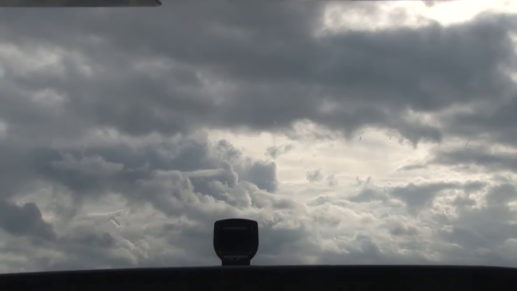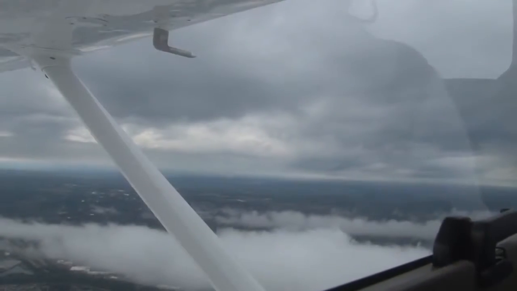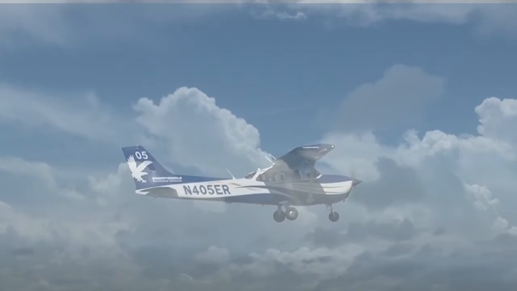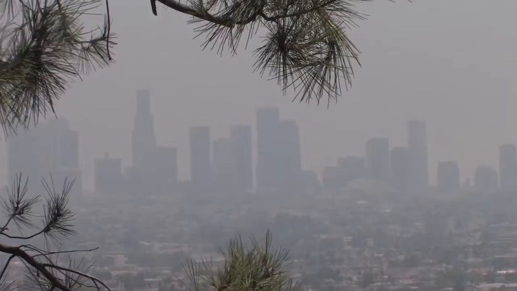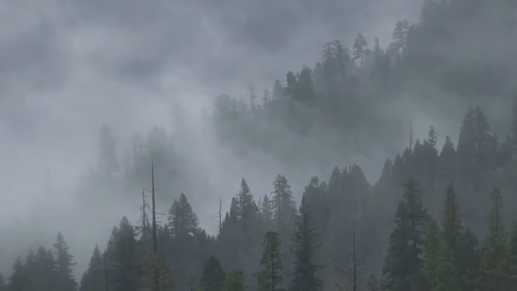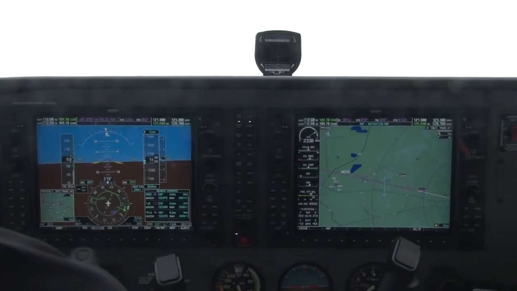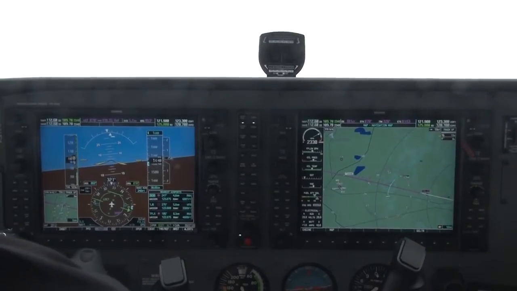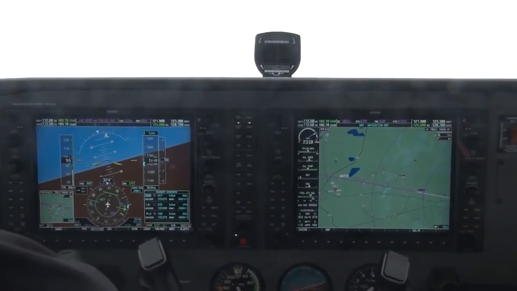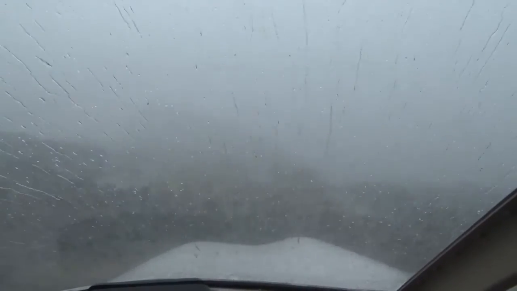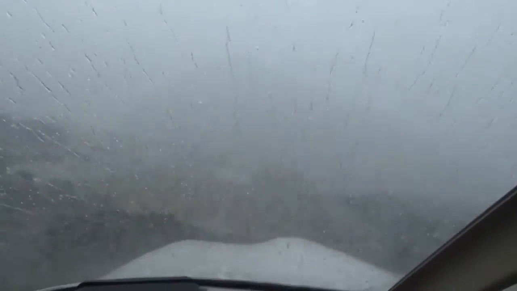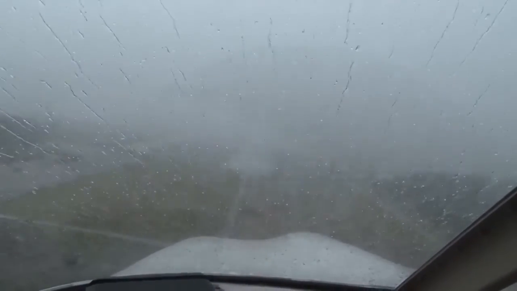Obstructions to visibility can pose a hazard to aircraft. Low visibility can make it difficult to see runways when landing, ground checkpoints while navigating on a cross-country, and even other traffic in flight. Haze, mist, fog, smoke, and dust can all get into the air and reduce the visibility. Any visibility less than 3 miles requires aircraft to perform instrument approaches to land at the airports. In extreme cases, the visibility can drop to zero, making it nearly impossible to land in most aircraft.